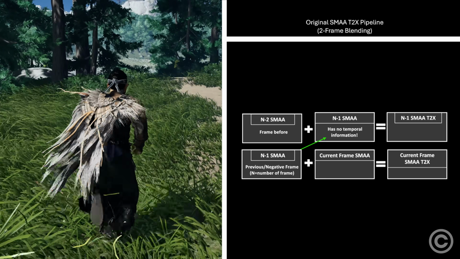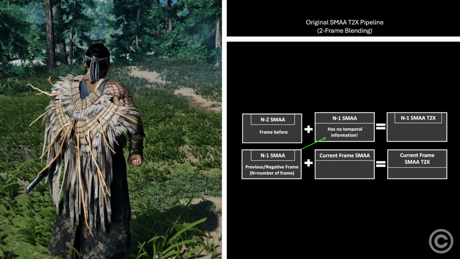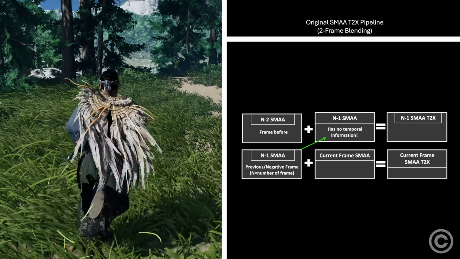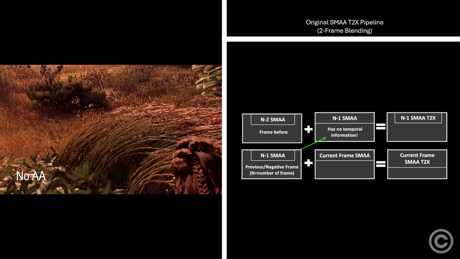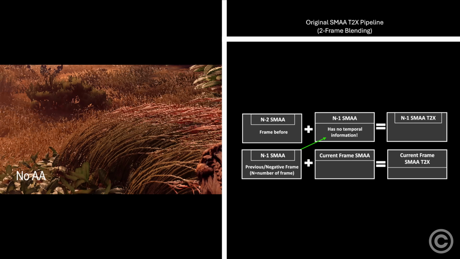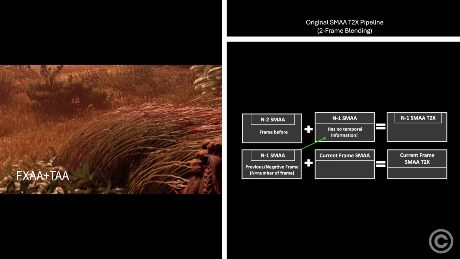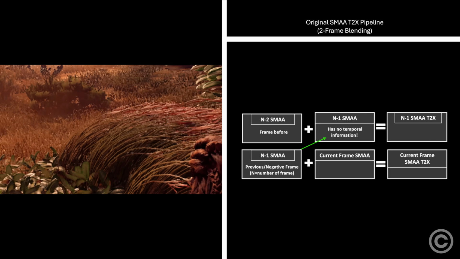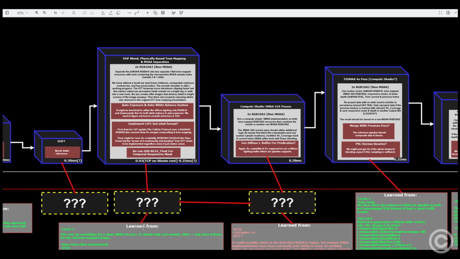I say semi-correct because the morphological component fails to match the reference demo quality, but otherwise the temporal component is very clean, and has no ghosting whatsoever at 60 FPS. The original Decima Engine TAA only blended 2 frames as well as some early UE4 mobile TAA, but those have some other issues that introduce ghosting, but neither one suffers from major smudging or long ghosting trails like those other games shown before. The other positive aspect about the original temporal SMAA component was the narrow resolve, which I can